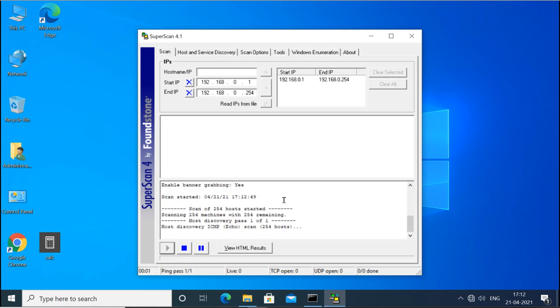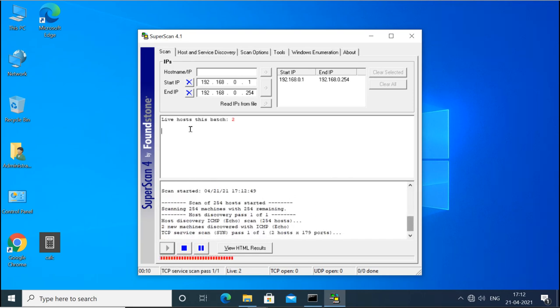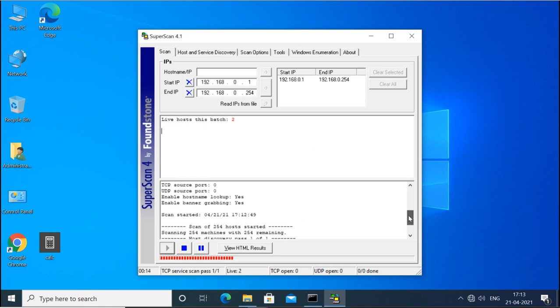Now it has enumerated and it shows what machines it gets. So here it says that there are 2 live hosts. One is this Windows 10 machine, the other one is the Windows Server 2016.